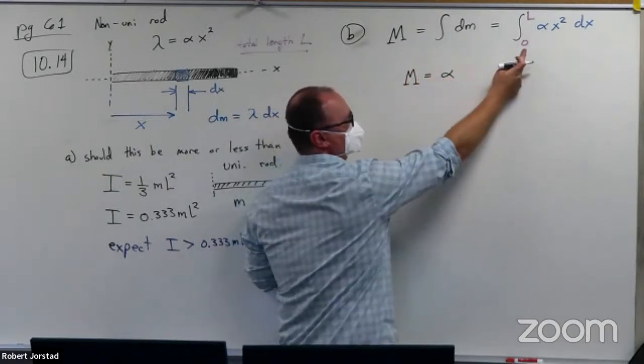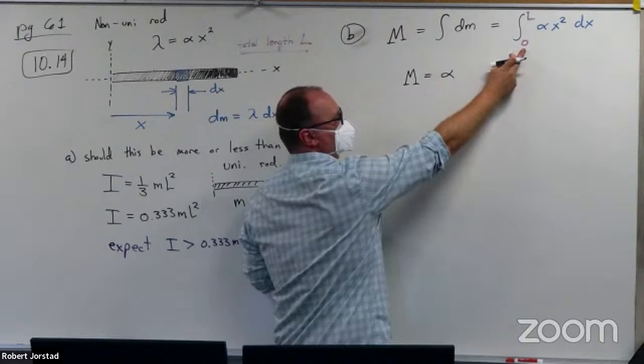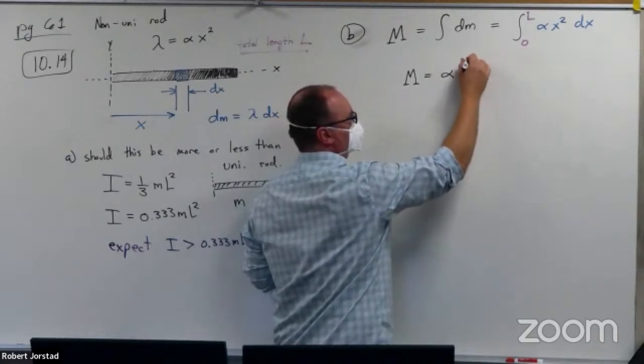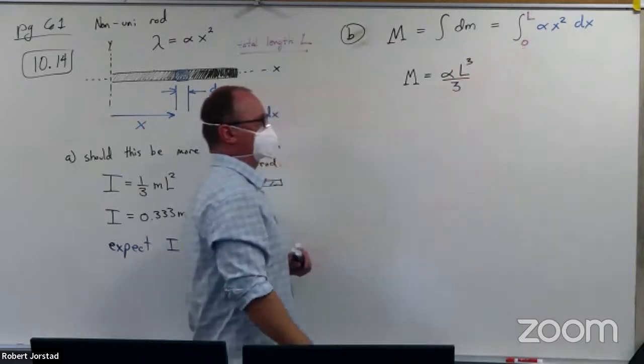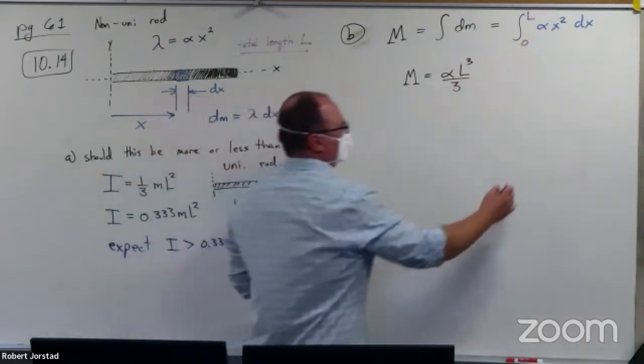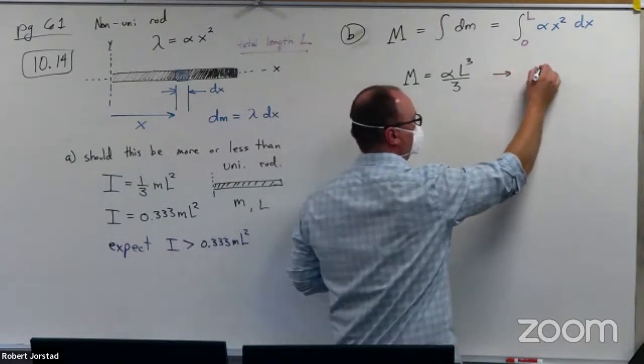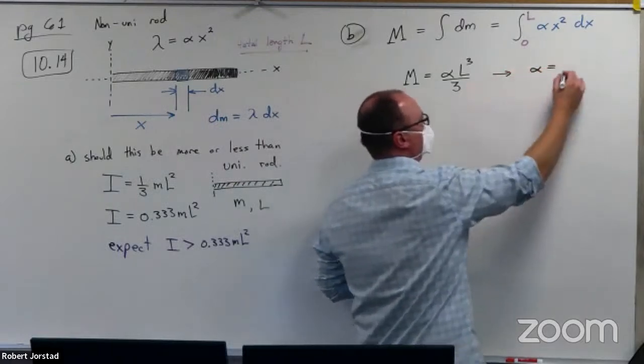In this case, do you agree the 0 limit drops out? So it's going to be alpha L cubed over 3. Always think about the 0 limit just in case. Well, when I solve that, alpha is equal to